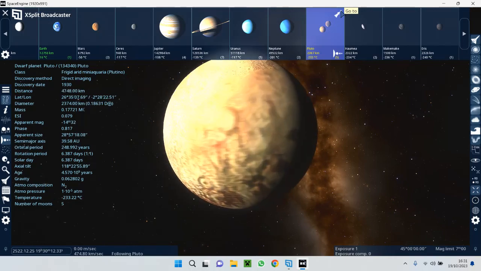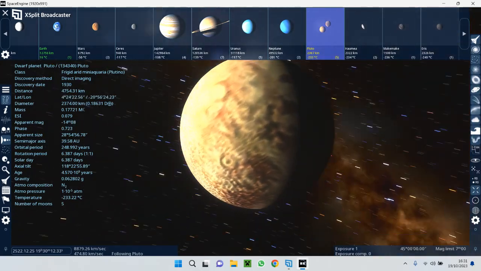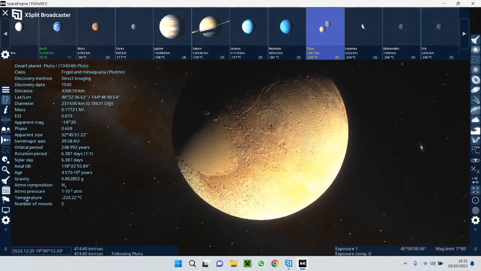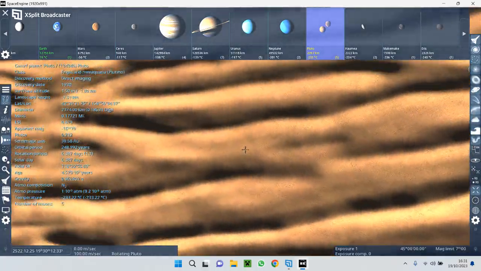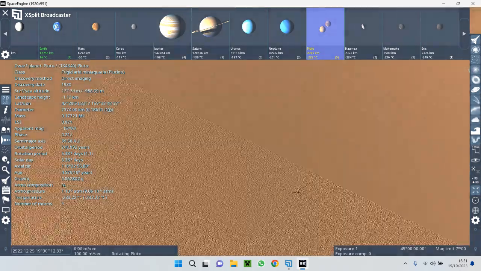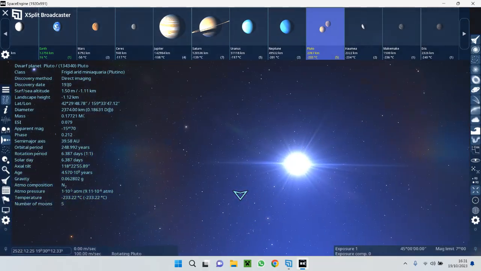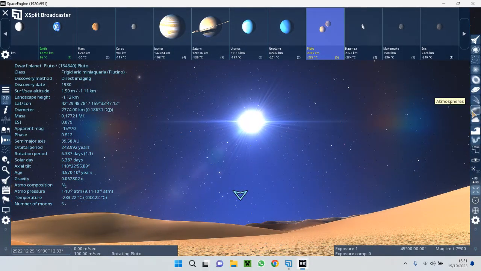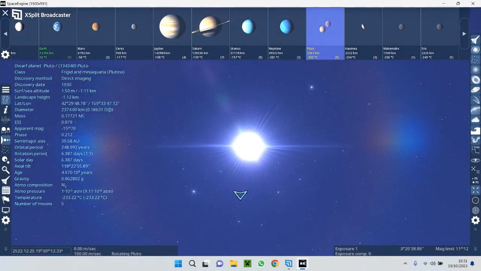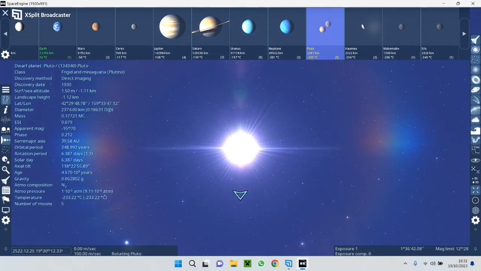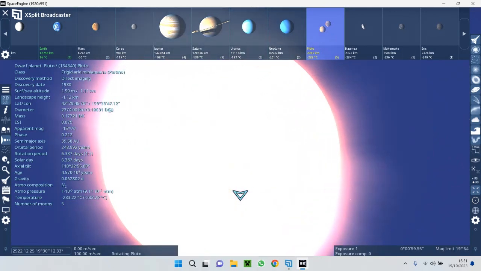Let's go to Pluto. Here's Pluto. It's less quality, but anyway. I'm going to land on Pluto, since I've never landed on it. Pluto has sand, which is cool. The sun is blue. What's it? Atmosphere. How's that? Pluto has atmosphere. I'm gonna have a close up of the sun from Pluto's atmosphere.